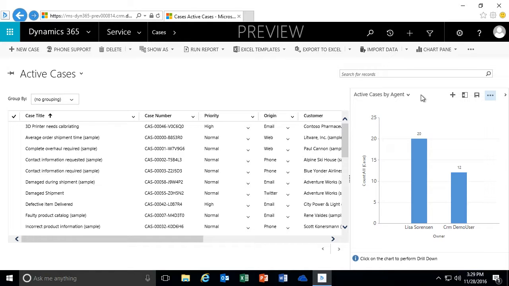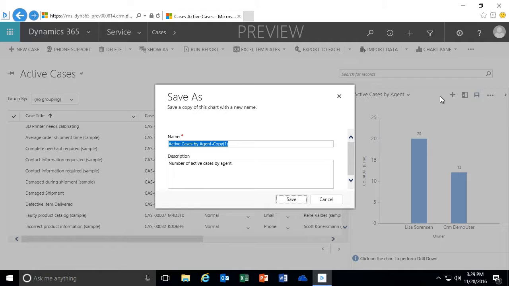Now for us, let's say that we just wanted to change this up, and let's say I want to look at this as a line chart, and I want to see active cases by day. Right now, it's just giving me a count of total cases. But again, what I can do is I can click on the Save As icon, and you'll now see